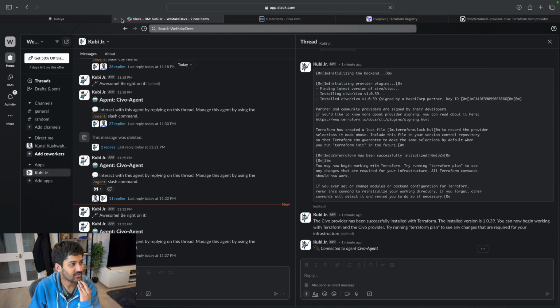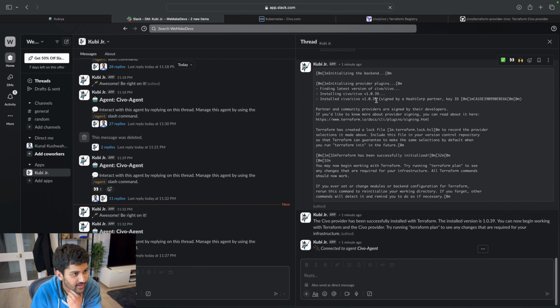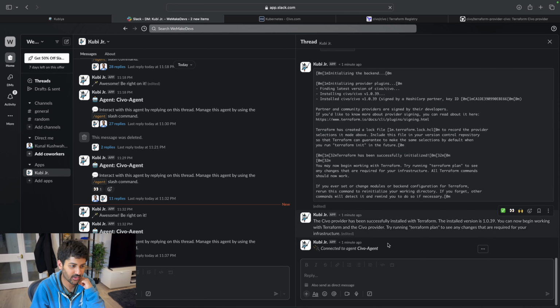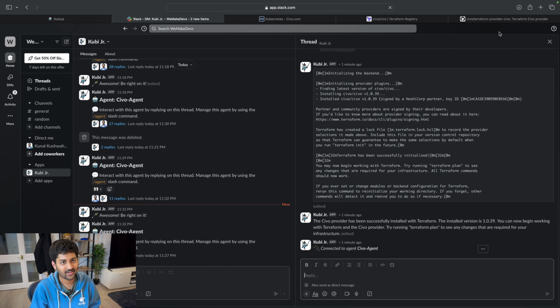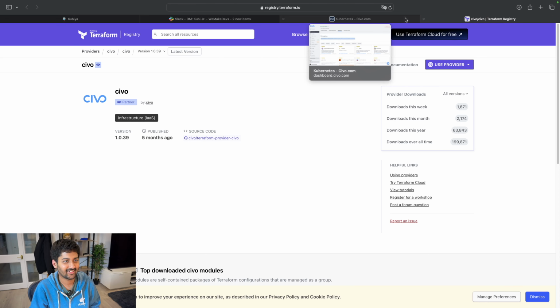1.0.39. It ran into an issue because of some other version, so it automatically, oh, this was actually a nice demo because it automatically was like, okay, this does not work. Let me try the newer latest version and find the latest version. So it found the latest version, it installed it. There you go. So cool. So happy. Nice. Wow.